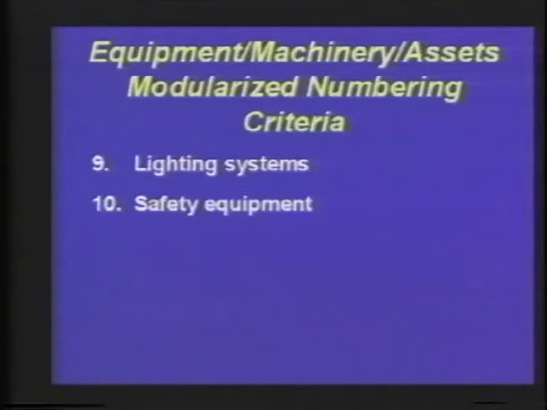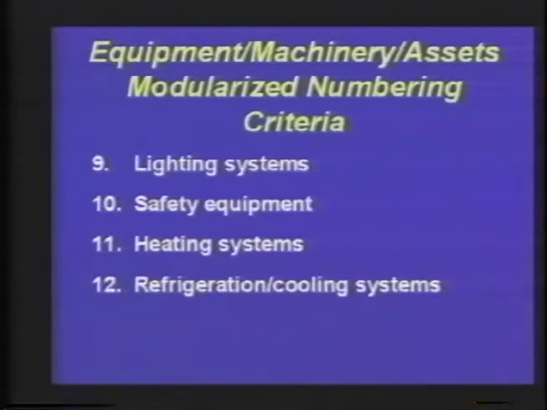And 10 is safety equipment. 11 is the heating. And 12 would be refrigeration and cooling. And some people would add 11 and 12 together under their HVAC, heating and ventilating and air conditioning type applications. And then again, 13 is what other modules would you have in your own particular environment? Address those. Now, moving on to page number 5, we have a pictorial diagram of a CAD/CAM machine, and the